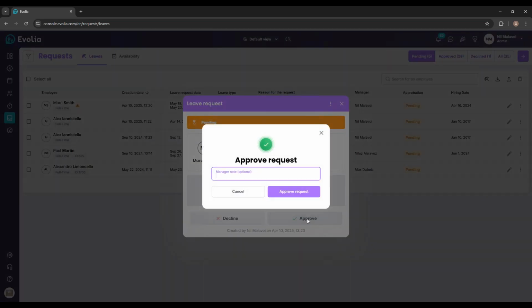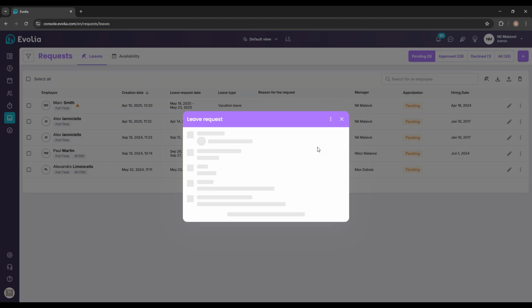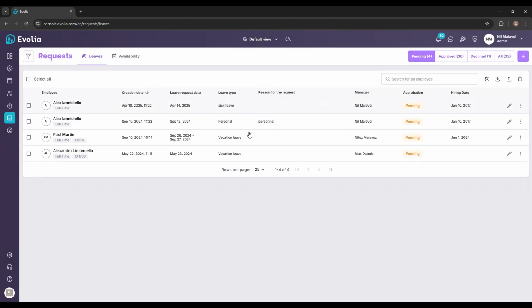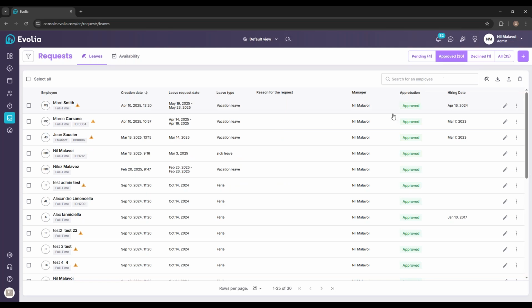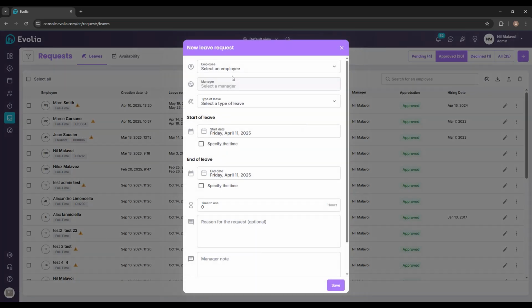Then I can click on the approve button, click on approve request, and this request that I've just approved will go in my approved leave request, and the employee will receive a notification that their leave request has been approved. So this is how you can quickly manage your leave request. And then if you click on the plus button, once again here, you can create a new leave request the same way that I did it earlier in the